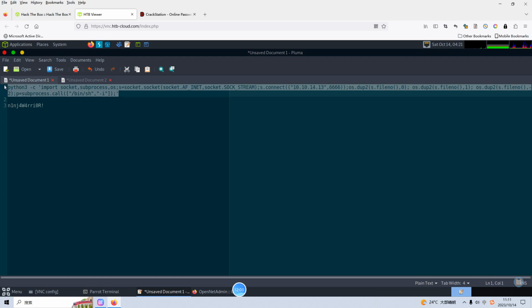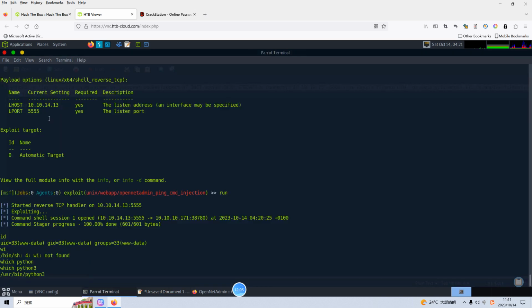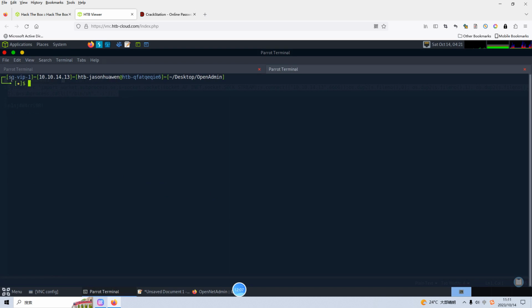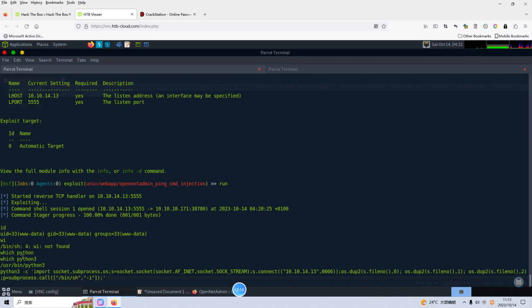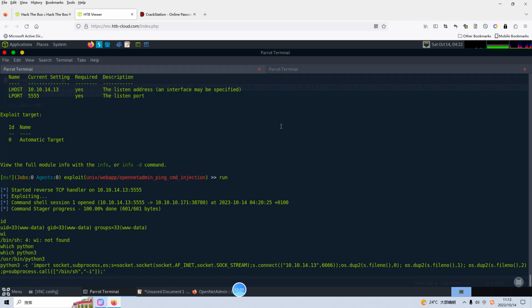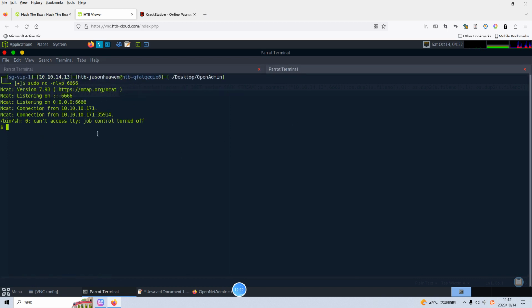But before we run that, we need to set up another listener. Let's open up another one. Okay, and then we can paste the reverse shell command. Let's hit enter and turn over to the other one. As you can see, we have already got the